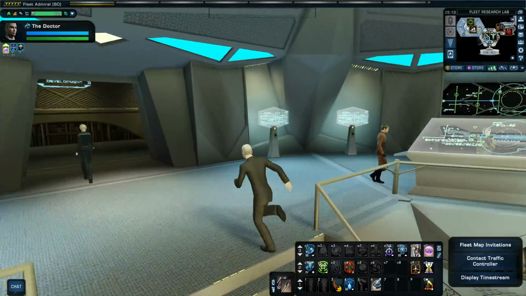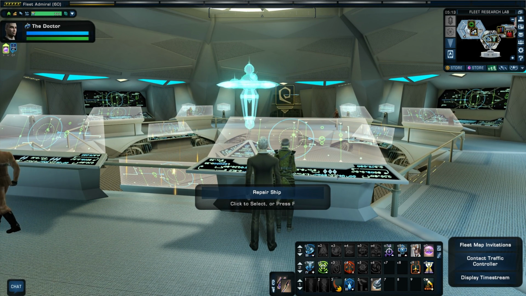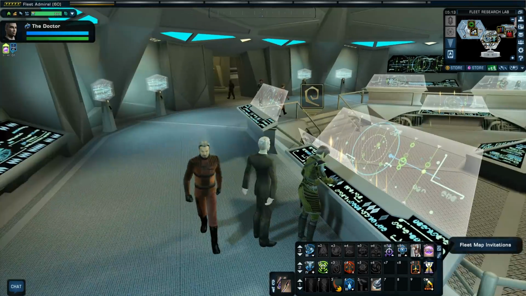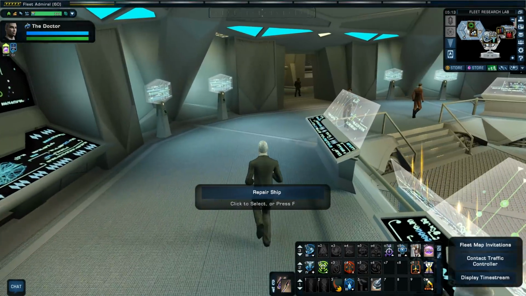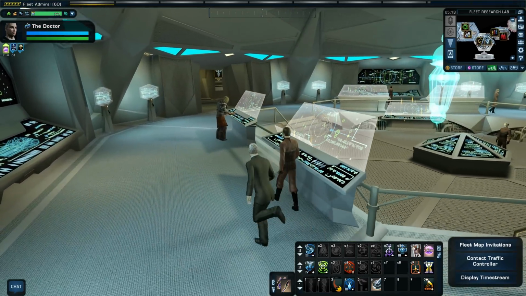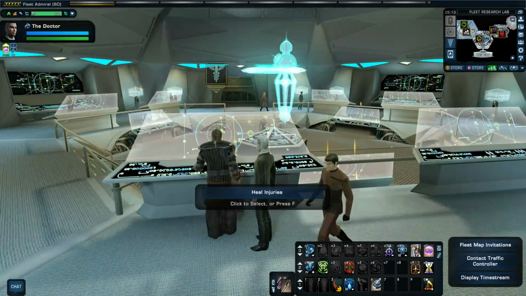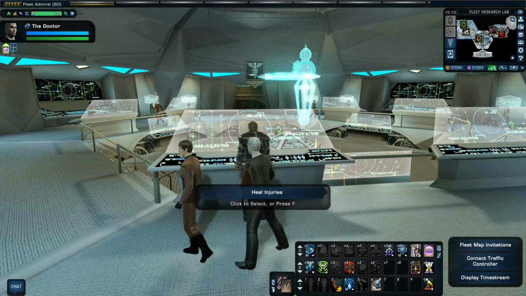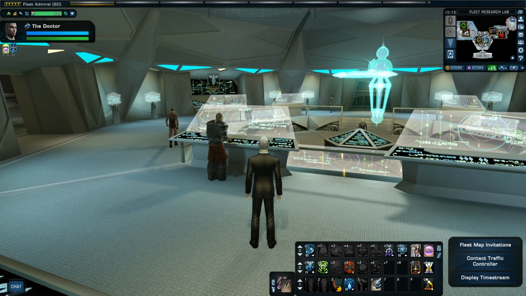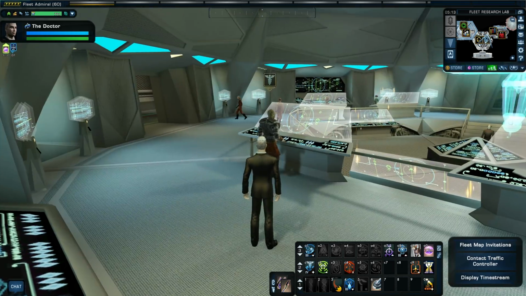Alright, and so we come around the upper part up here, and this is where you will find some stuff. We've got repair ship, so you can come here and repair your ship injuries anytime you need to if you're nearby in this area. Let's see what else we've got. We've got heal injuries, so ground injuries can be healed. So you can see that this central area does quite a bit for you. You have all your bank, mail, exchange access, you can heal your ground injuries and your space injuries right here